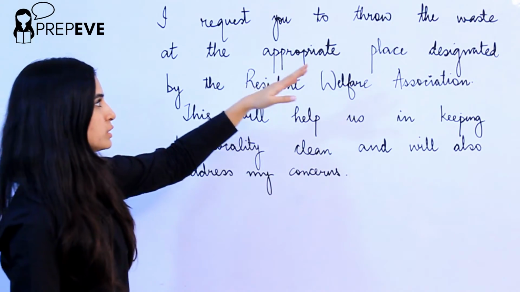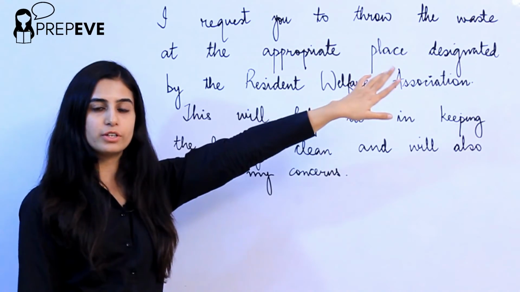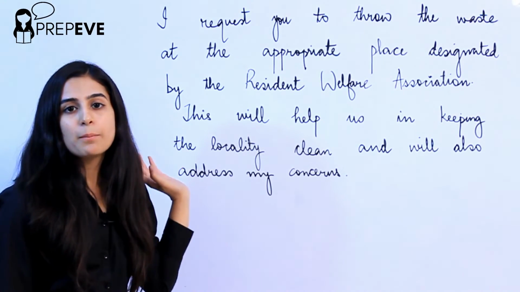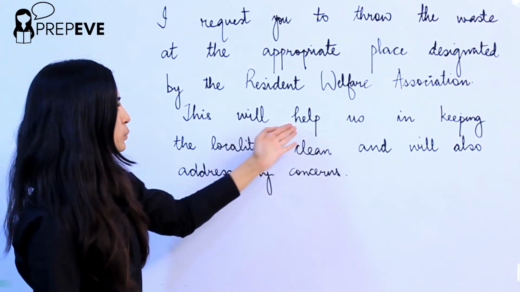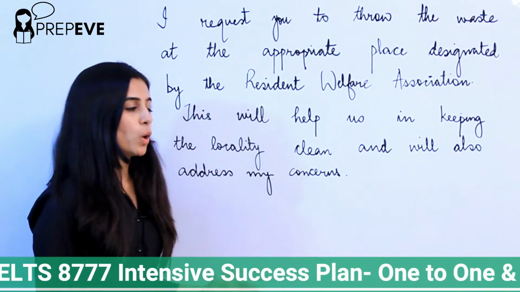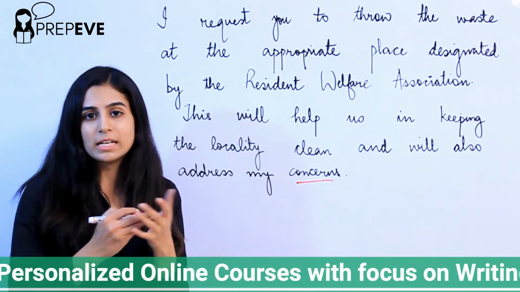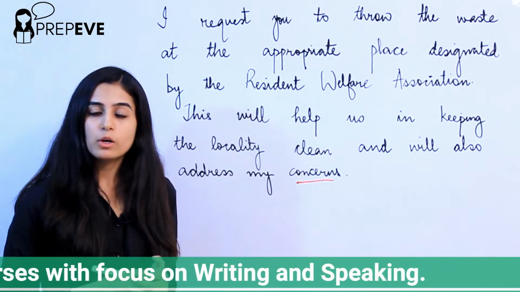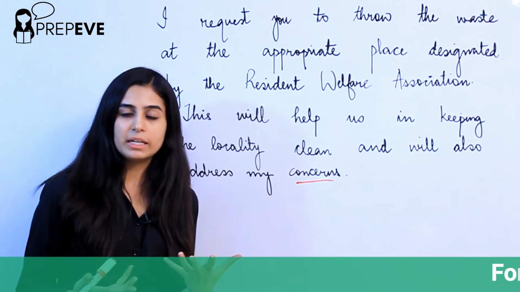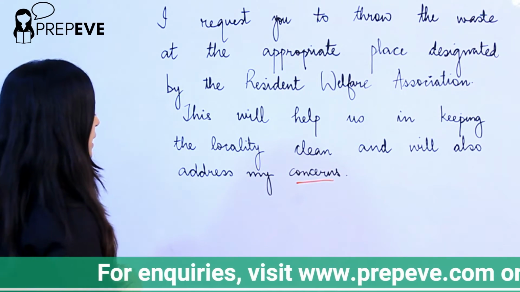What actions do you want the neighbor to take? You want him to throw the waste at the appropriate place which is designated by the Resident Welfare Association. And how would this help you? How would this end the problem for you? This will end it because it will help us in keeping the locality clean and will also address my concerns. What were his concerns? His concerns were that the pests would impact the health and well-being of his family. So that would be catered to, and also the clean locality would be serene and would give a beautiful outlook. Right? So that's about it for this parameter,